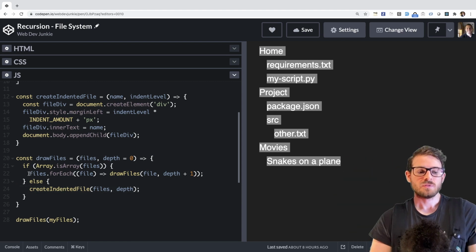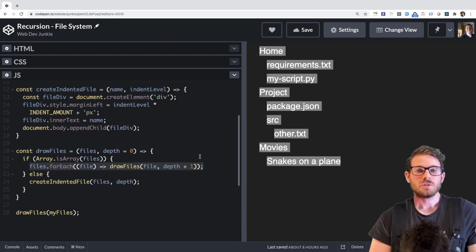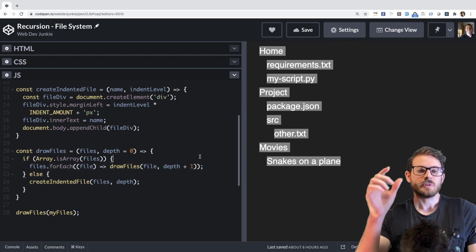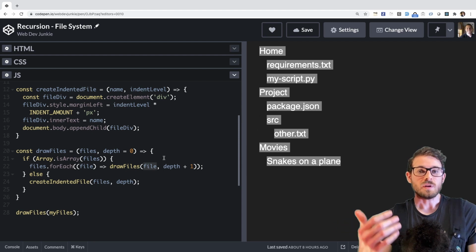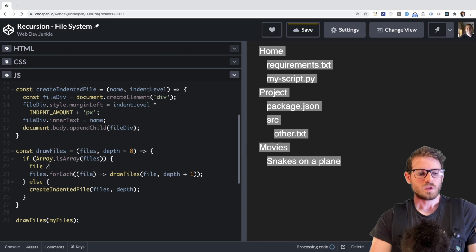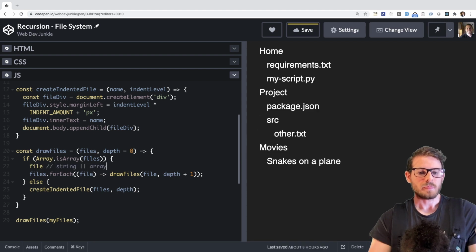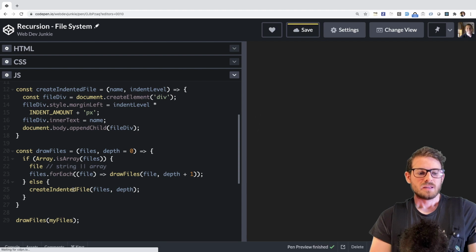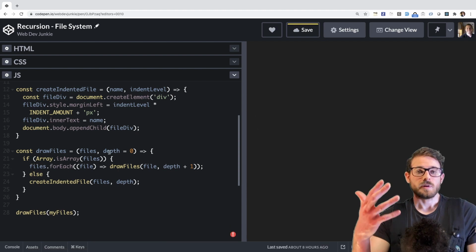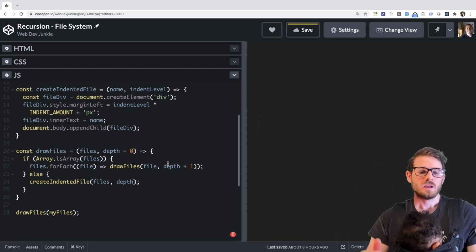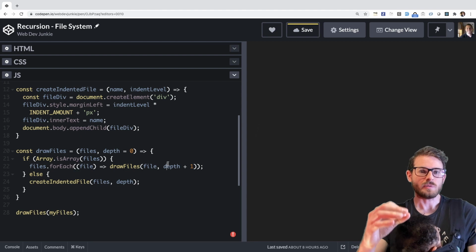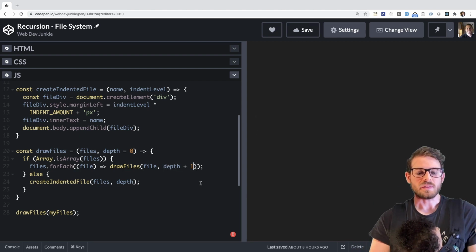But if we did happen to find an array, what we want to do is loop through all the elements of the array, and for each element that we find, we call drawFiles one more time with the file that we found, which could be a string or an array. So this file variable right here could be a string or it can be an array, okay? So keep that in mind. We just keep looping through the array. We go a level deep, we loop through that array, we go a level deep, we loop through it again. And the second thing I'll show here is every time we go deeper into the array, we increment the depth by 1. And that is basically so that